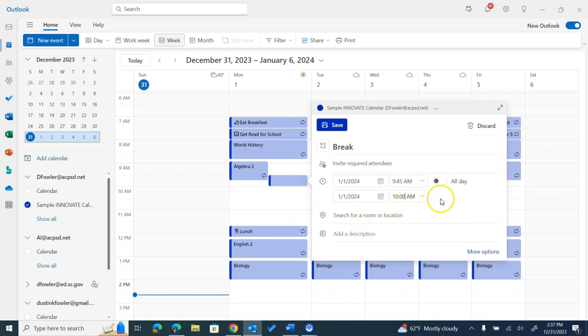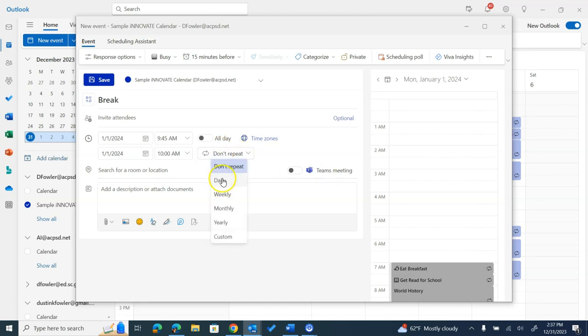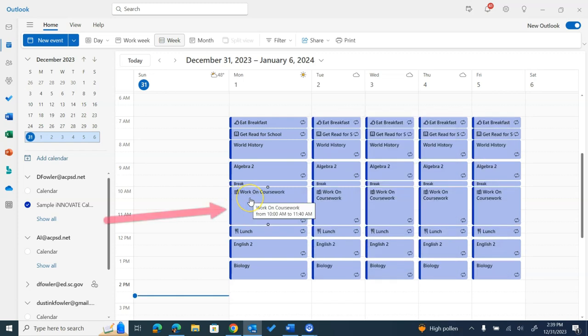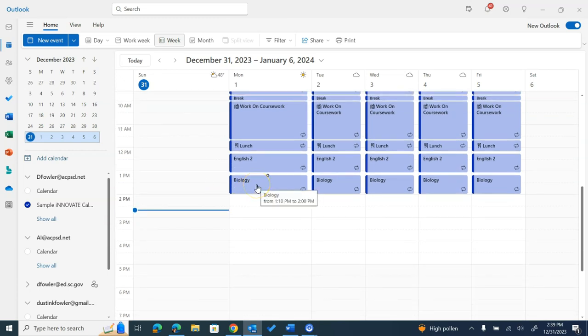And so I'm going to do the same thing. We're going to go to more options. We're going to make this go every day as well. Then I'm going to utilize this full time in between the break and my lunch break to work on digital coursework. Now from 10 until 11:40, which is right at lunchtime, I've got a designated time to work on my coursework. Now, after biology, which is over with at 2 o'clock, I've once again got basically 2 hours left of